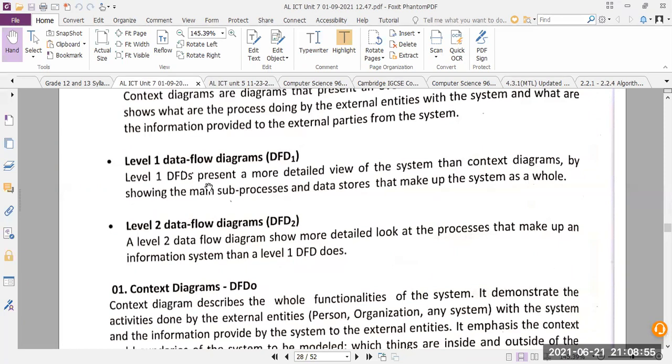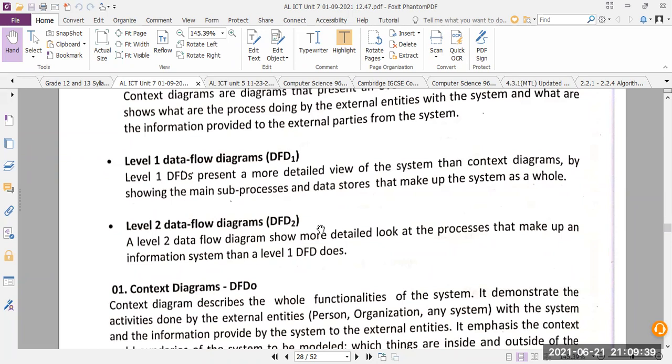A level 3 diagram can also come if the system is a little large. If the system is large, a level 3 diagram would be necessary, but most of the DFDs will stop at level 2. They won't have such detailed stuff as to go to a level 3 diagram. So we can go to a level 3 if the system is really big, but usually in normal businesses we stop at level 2. All right, so those will be the data flow diagrams.